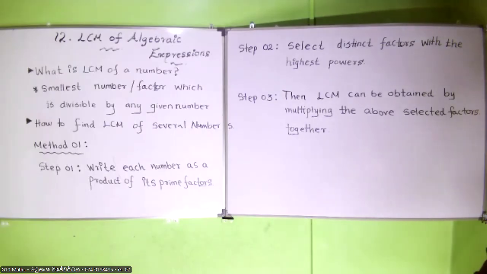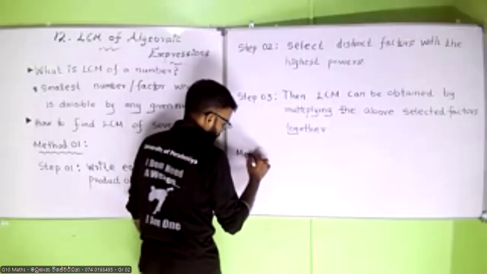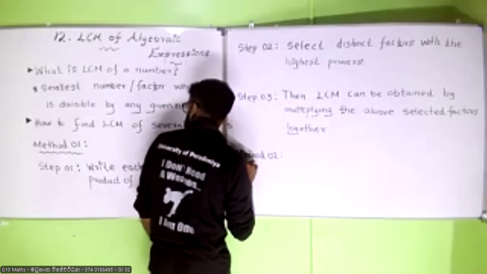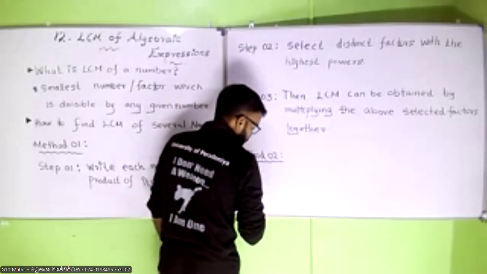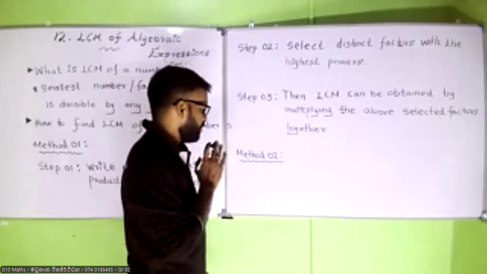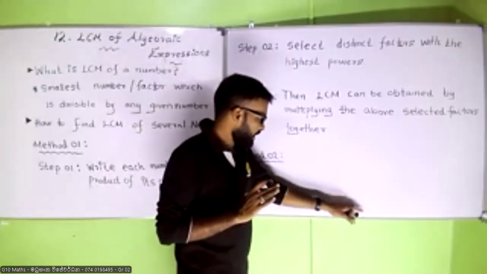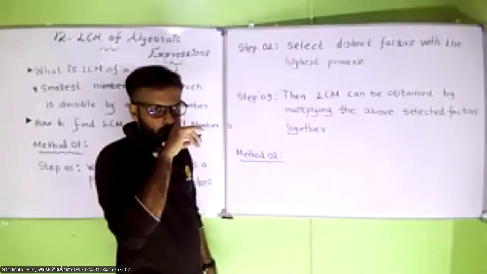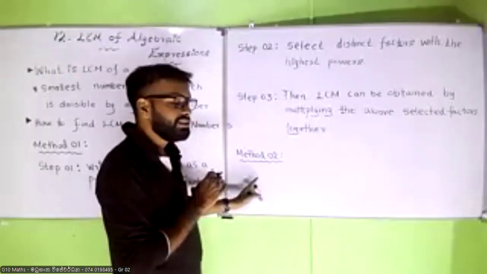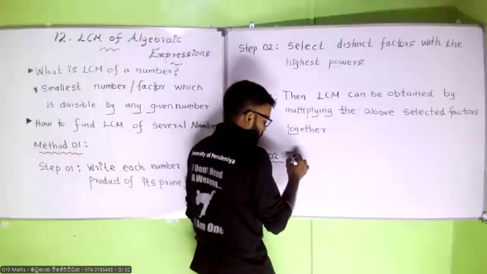Okay, so method 2. Method 2 is very familiar to you. This one is already known, and you are using this method to obtain the LCM of any given numbers, from your grade 7 also. So write down: